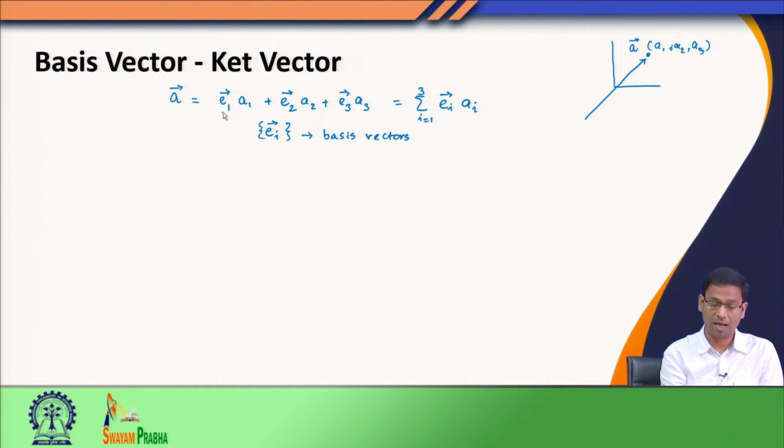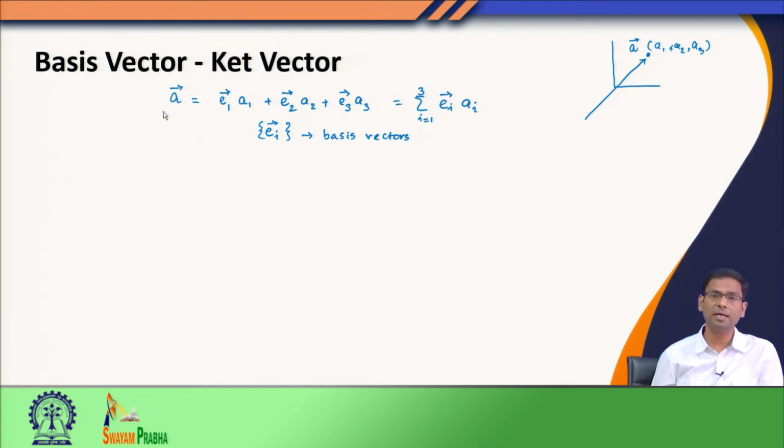So, I just need E1, E2 and E3 and then I can express any vector. That is why I call these EIs a complete set of basis vectors. Now, this is about the Cartesian coordinate, or you can take that to spherical polar coordinates, but when I translate this to a quantum mechanical system, I have another problem. The problem is that in a quantum mechanical system, I do not necessarily discuss this 3-dimensional